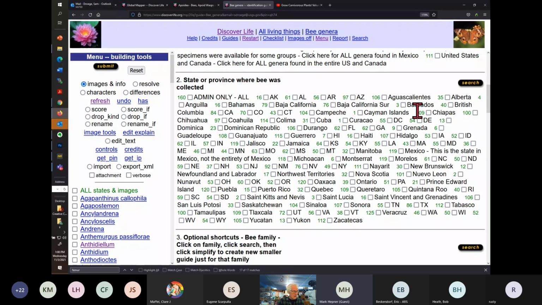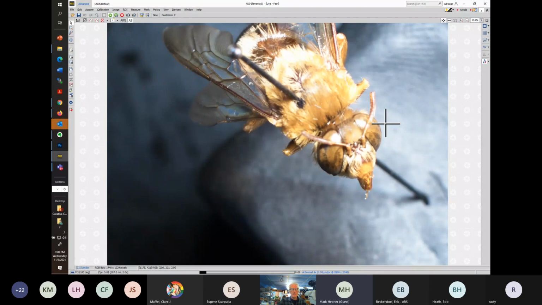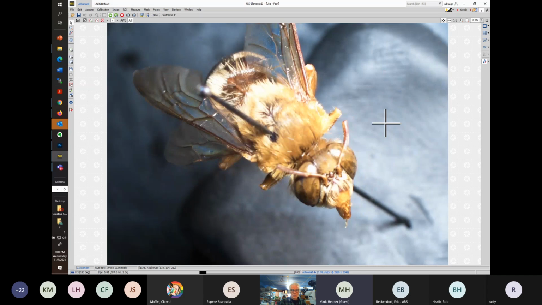We are looking at Oxaea today as the first non-Eastern genera group, and I'm going to flip now to the microscope, and so we're going to just take a quick look. This is what you would do in any specimen, particularly if it's a novel one or you're just starting out,